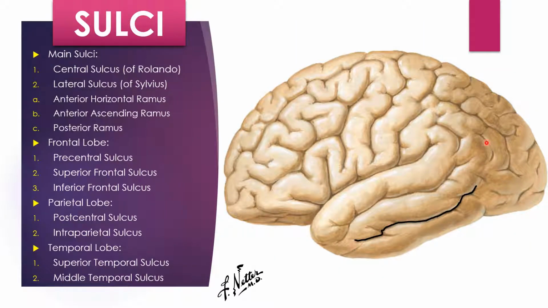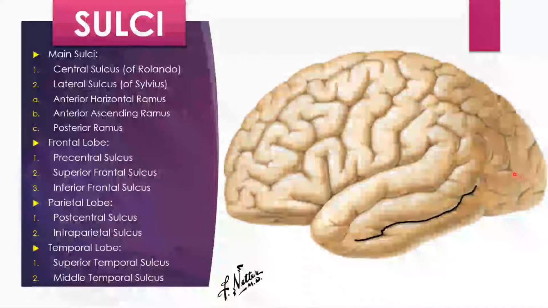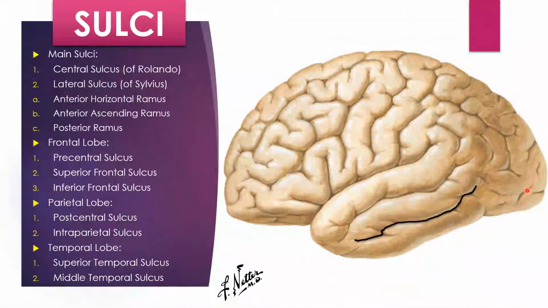For the occipital lobe, there are irregular sulci, and only 2 sulci are mainly named, which are present on the lateral surface: here is the transverse occipital sulcus, and here is the crescentic sulcus or the lunate sulcus. But these sulci are very irregular and inconstant. Other sulci are actually present on other surfaces, and they indent on the superolateral surface. I have not discussed this in much detail because it is not so prominent. The sulci of the occipital lobe are not so prominent.